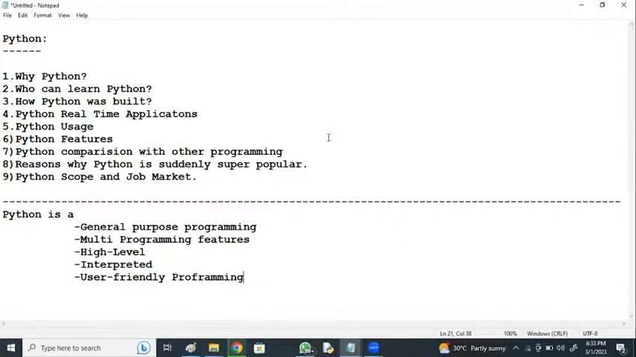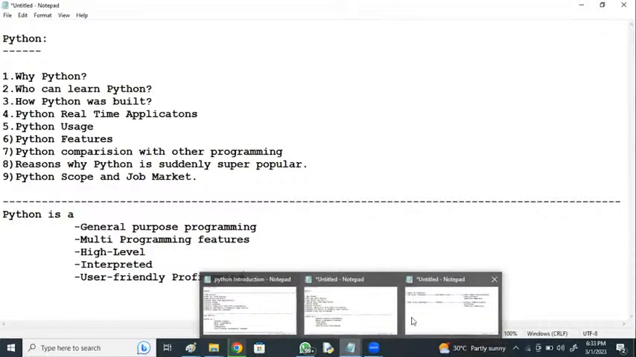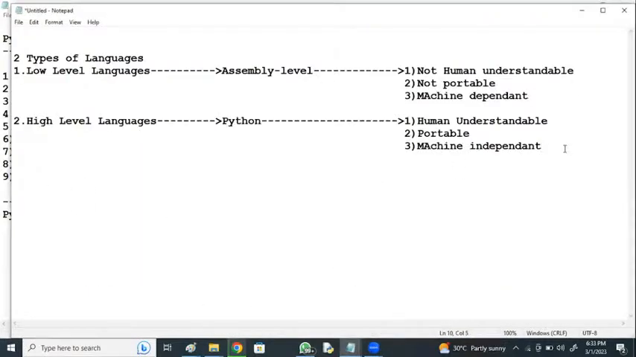And you need to understand that Python has got multi-programming features, hybrid features. Observe from which programming languages it has taken the features. Python has got the following features: procedural oriented programming features,